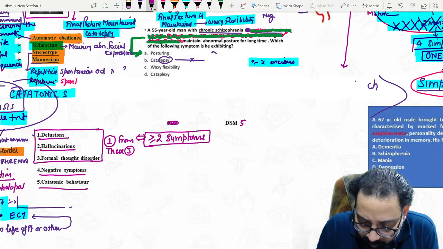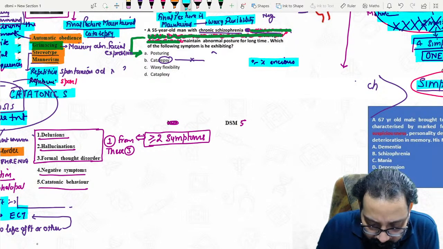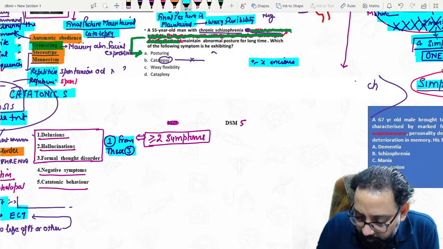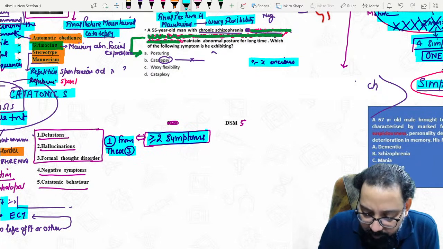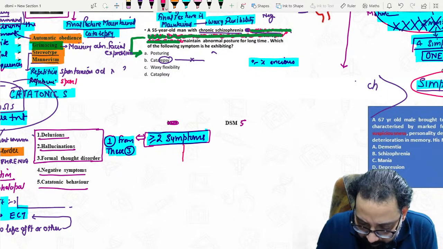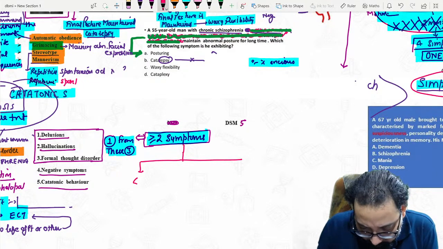If you don't remember the one from these three, it's okay, but remember two or more symptoms. If these two or more symptoms are present less than 1 month,